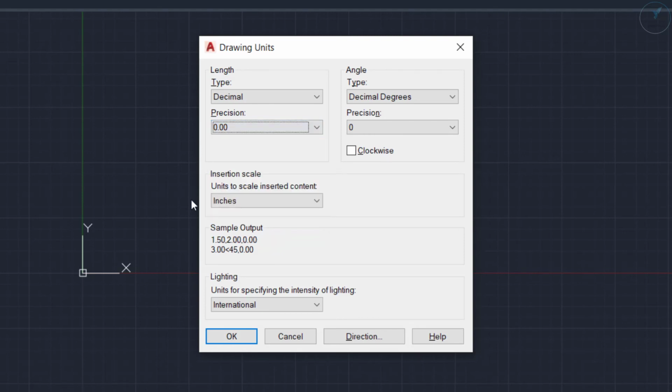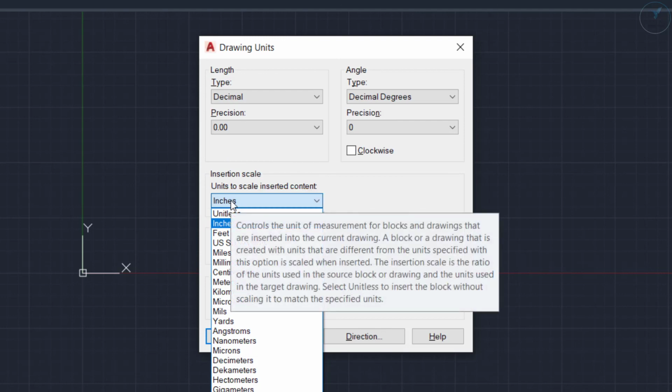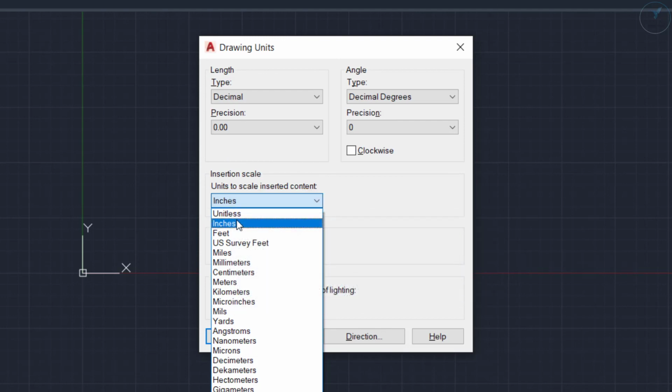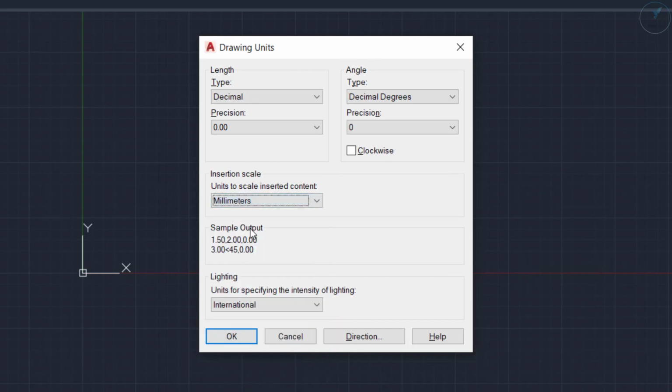Fine. Next, here we need to set the insertion unit. That is, suppose I am giving 10, what unit it has to take. It could be 10 inches, 10 millimeters, or 10 feet, anything, and I have to give it from here. Suppose I am setting millimeter, then the values will be taken in millimeters. If I give 10, it will take it as 10 mm, like that.